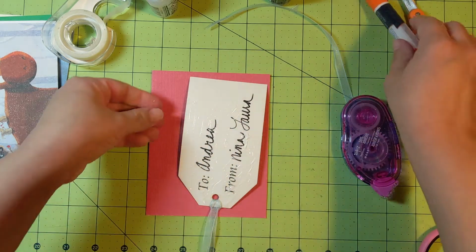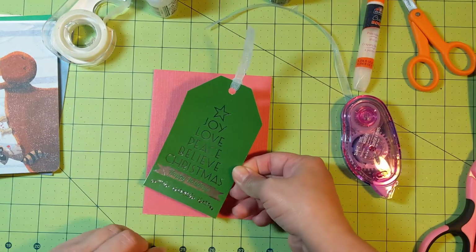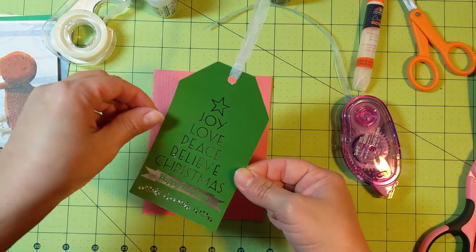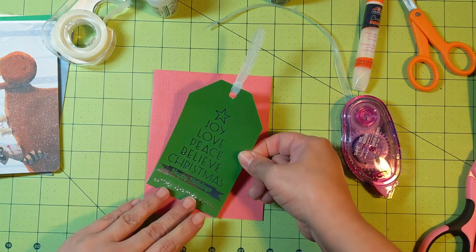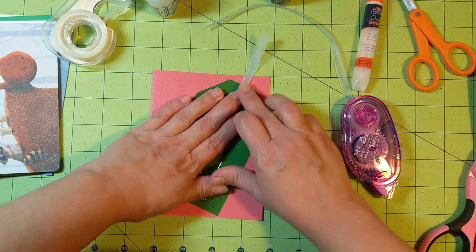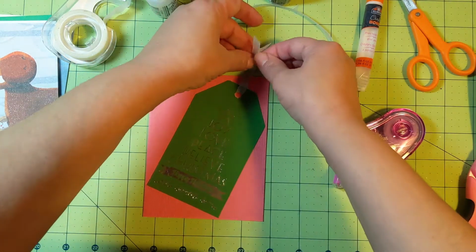So the one bad thing about this glue, or I guess I shouldn't say bad, but the one thing to take note of is that if you're using really thin paper or cardstock, it will definitely warp the paper. And so you might have to be careful about that. So I want this to be a little bit off center, and it's okay if the ribbon goes off the...